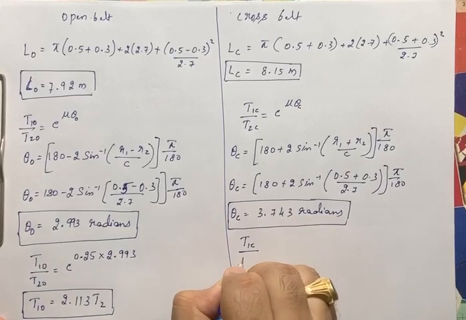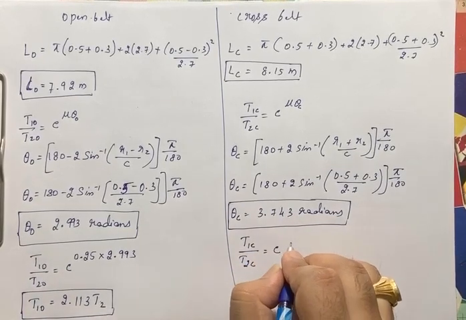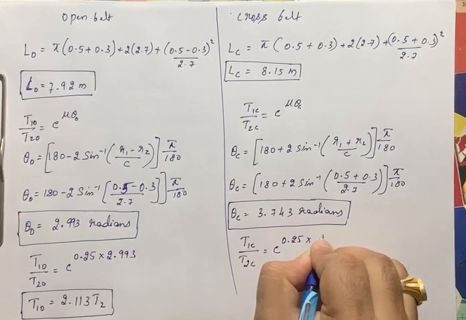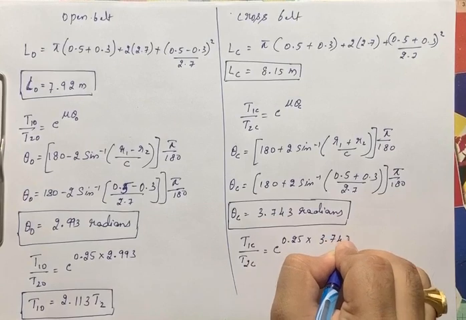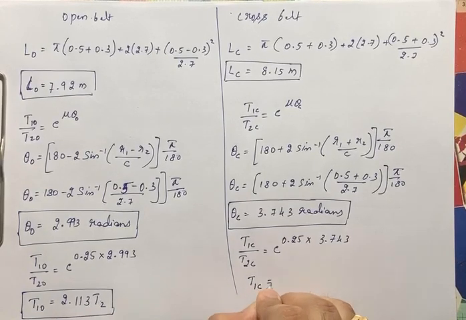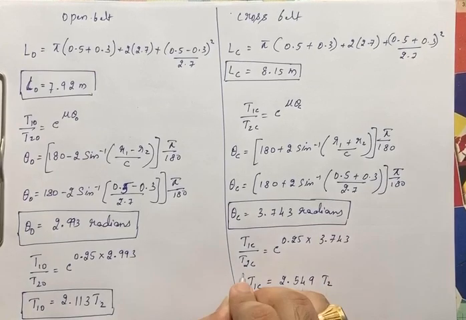Similarly, calculate for this, T1C divided by T2C is equal to e power mu here, 0.25 into 3.743, right. So we'll get here T1C is equal to 2.549 T2,